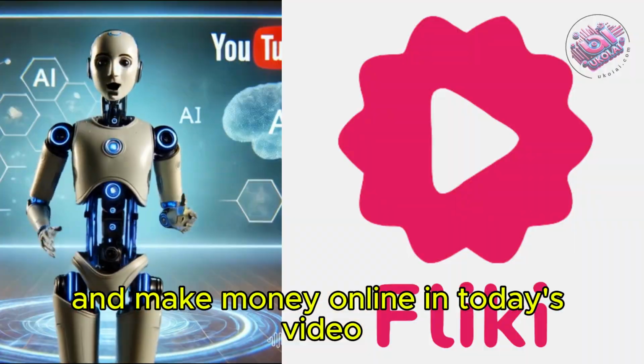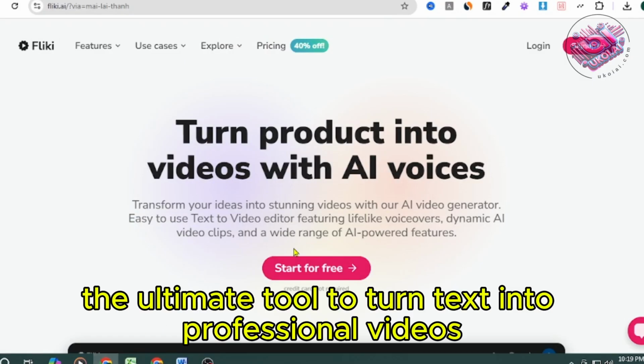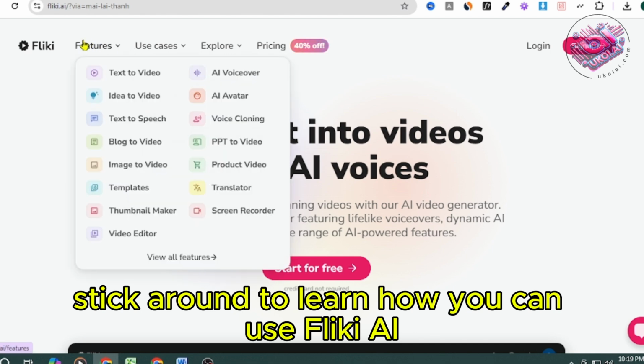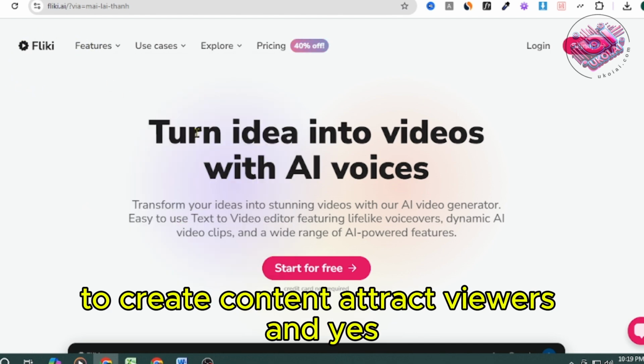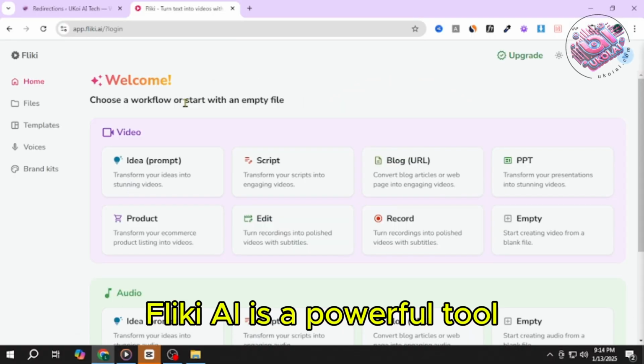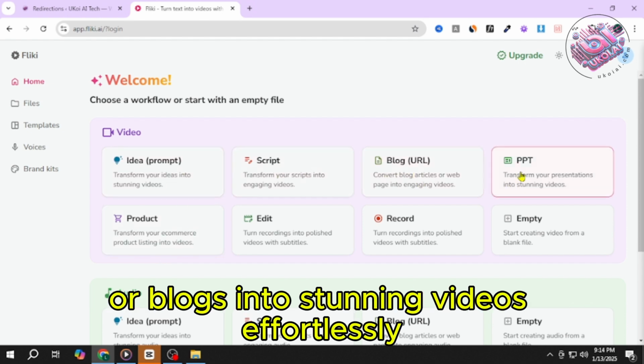In today's video, we're diving into Fliki AI, the ultimate tool to turn text into professional videos. Stick around to learn how you can use Fliki AI to create content, attract viewers, and yes, start making money with it. Fliki AI is a powerful tool designed for creators who want to turn scripts or blogs into stunning